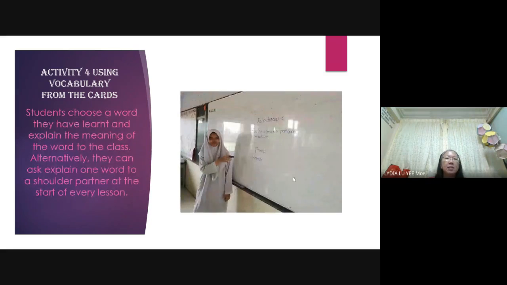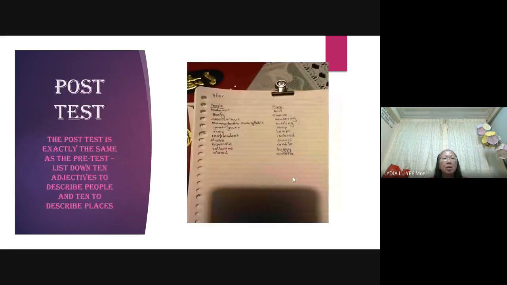Okay, another activity was this one usually during the beginning of the lesson. I will ask 1 or 2 students to come to the front and share with the class one word that they have learned from their vocabulary traffic cards. Okay, so after all these activities for about 2 months, the post-test was done, and